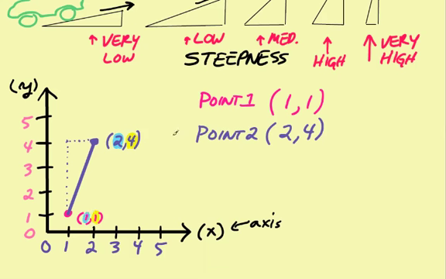So the way to calculate slope is I take my point number 2 and I subtract it from point 1. But I have to do it in a certain way, and the certain way involves fractions. So let's go ahead and give you the definition mathematically. This is not going to make sense for the moment, but let's give the definition so that you know what it is. The slope is equal to a fraction, and that fraction is